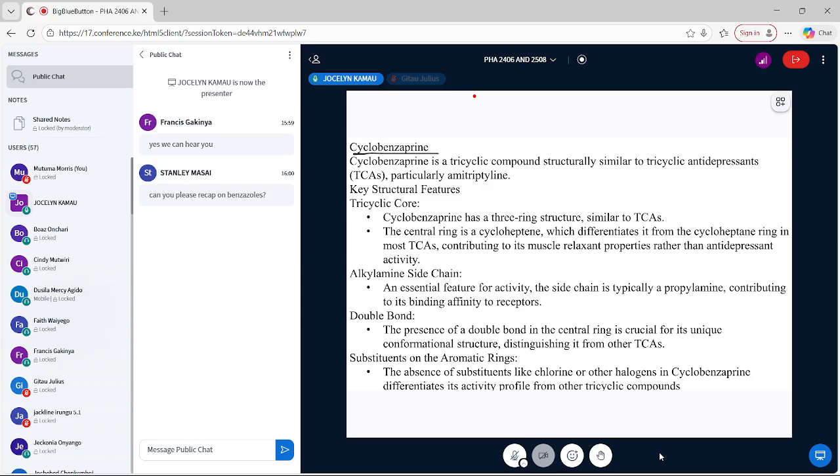So you give tricyclic antidepressants to increase them. When we use a drug as a muscle relaxant, as we have talked about, it is depressing the system. So although this is a tricyclic compound related to the tricyclic antidepressants, it acts in an opposite manner, where here it is bringing a depressant